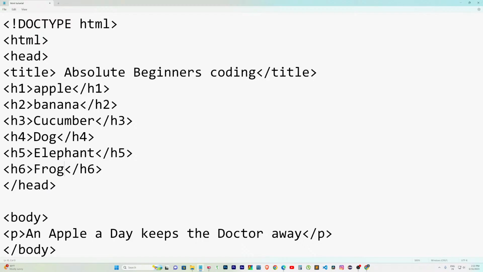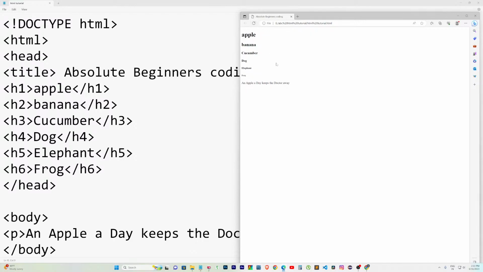Okay, so let me save it right now, and I'm opening it and refreshing the page. You can see that h1 is apple, and apple is the biggest size. So h1 is bigger in size than any other h elements right there. h1, which is apple, is the biggest, and h2 is banana, which is the second biggest and smaller than h1. h3 is cucumber, which is smaller than h2, and h4 is dog, h5 is elephant, and h6